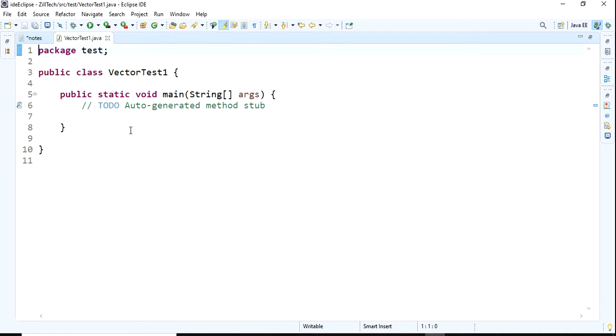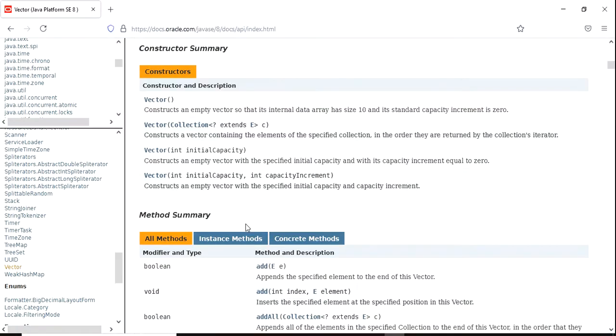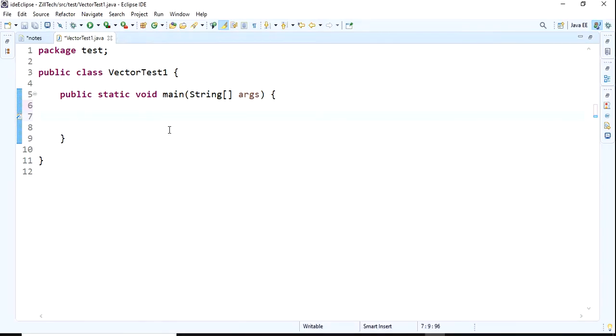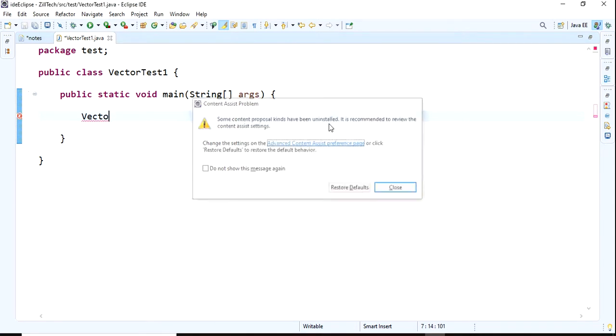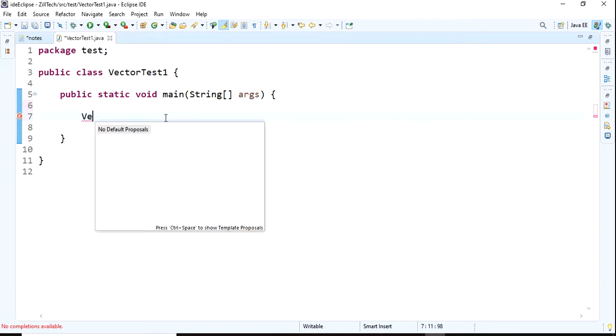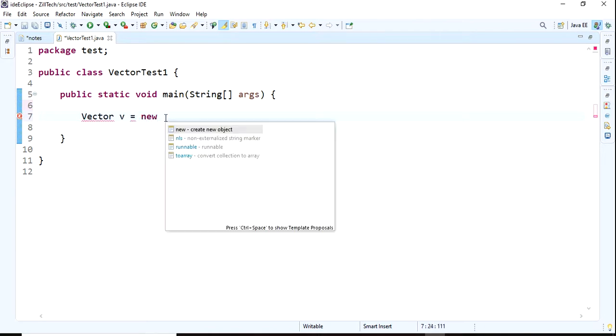First I'll create a normal vector, using the first constructor. It creates an empty vector, and the initial data array size is 10. The internal default capacity is 10. Vector v equals new Vector.